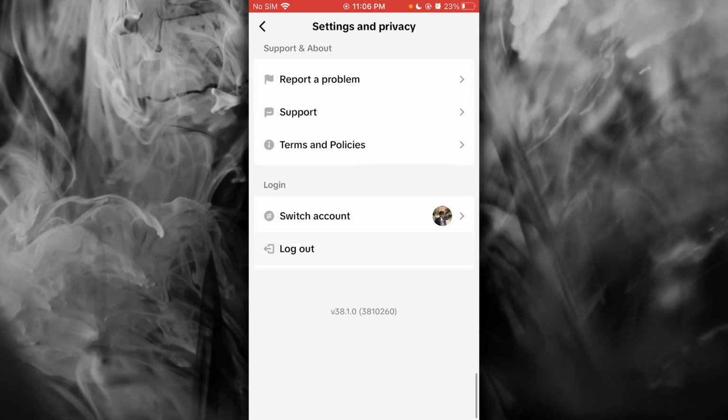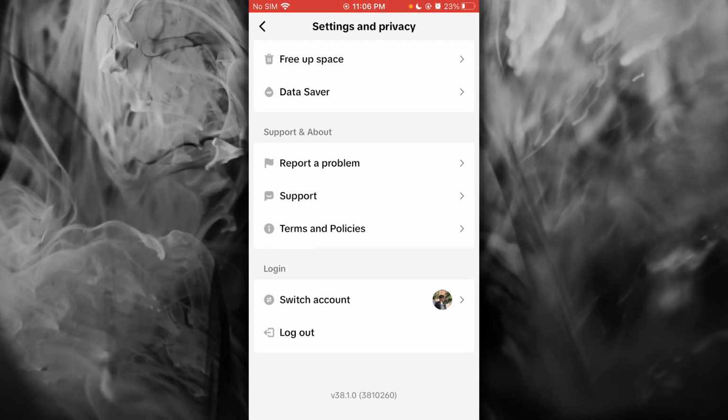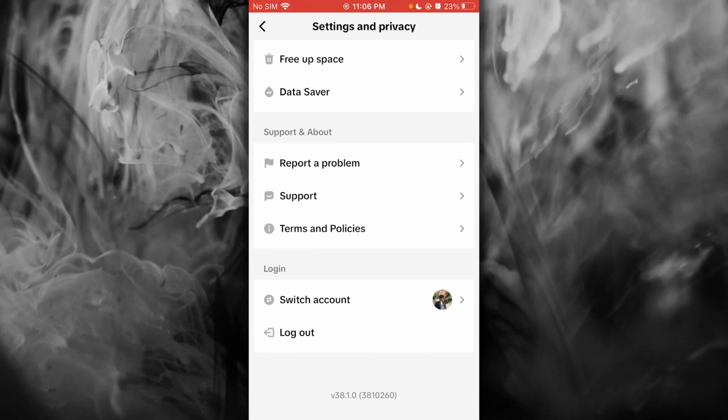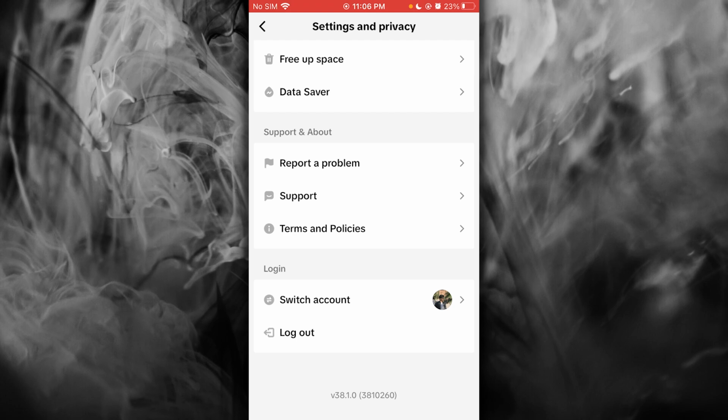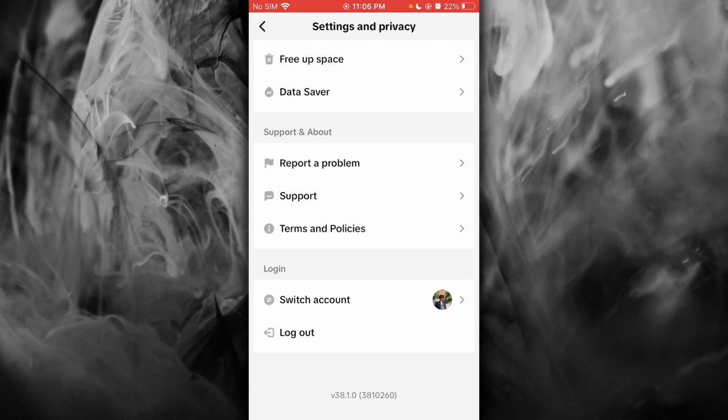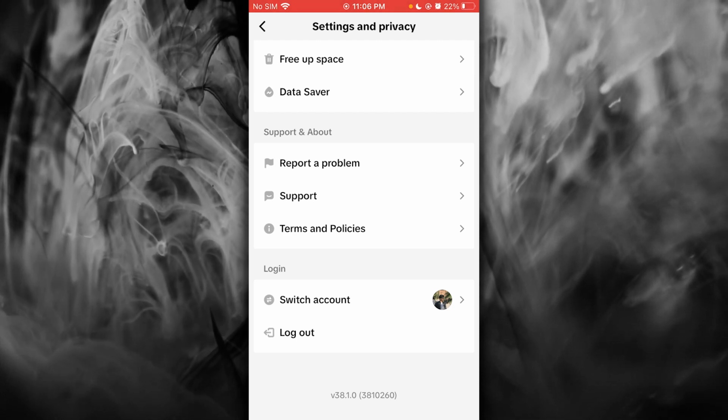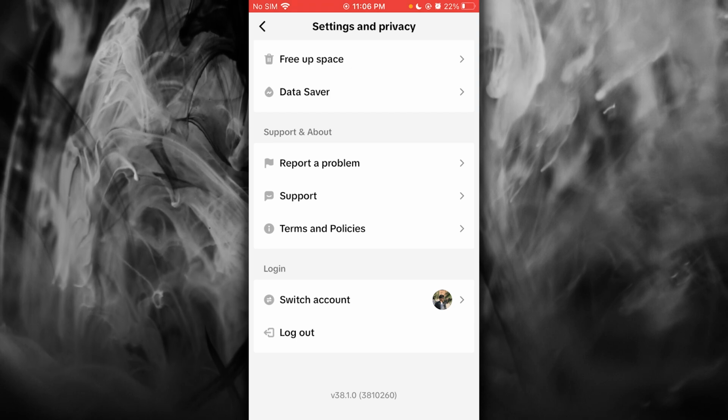You can also use different methods, like using a VPN, or using a VPN for India, Canada, Australia, places where TikTok isn't banned. But generally, this is how you're going to be logging back into your TikTok after the